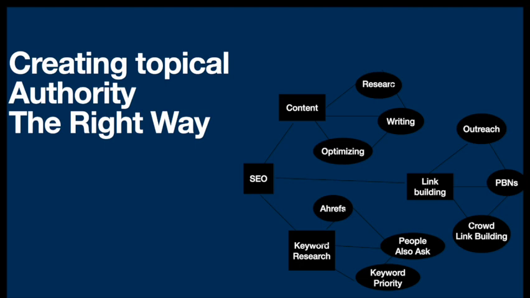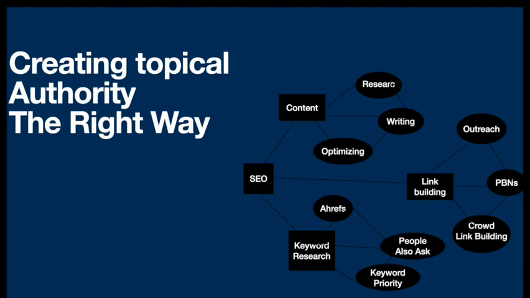But this is a structure that if you do your research on Google, you'll see that there are three primary points for SEO, which is content, link building, and keyword research. So if you're using this technique, the first thing you'll do is start with writing an article on SEO. This will be a generalized article about SEO, usually around 1,500 to 2,000 words. And then you will do another article which will be about content. This will be another 1,500 to 2,000 words. You'll have another article about link building, and you'll have another article about keyword research.